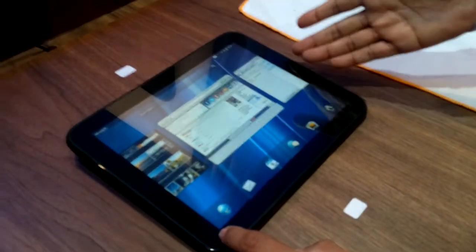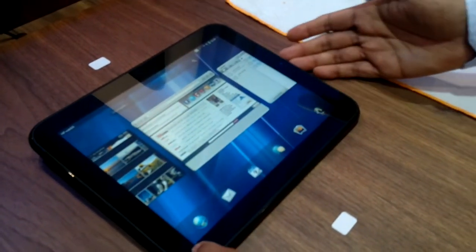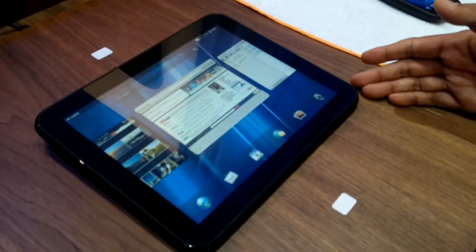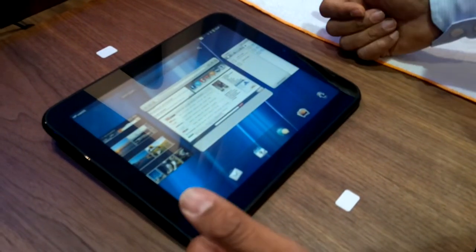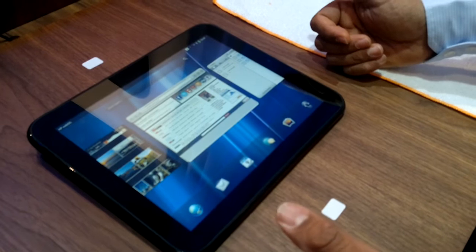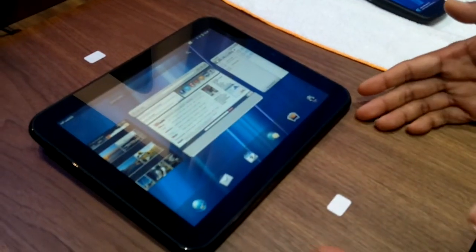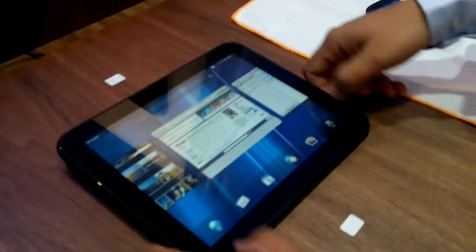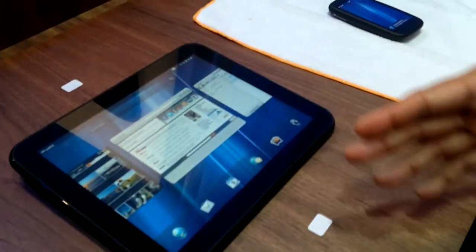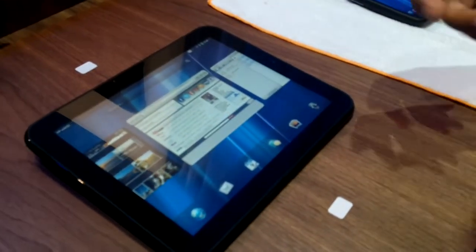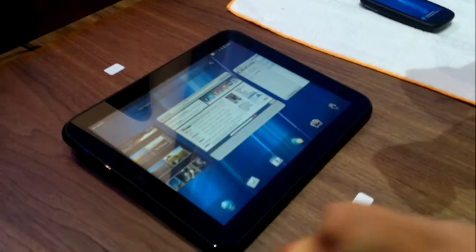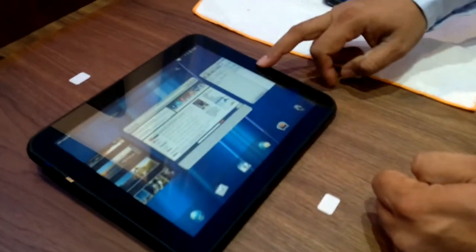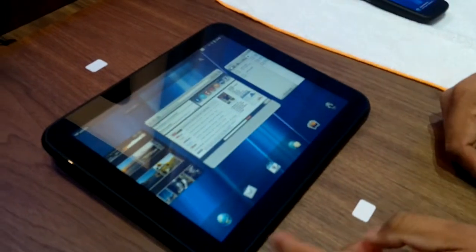1024 by 768. Like John said, this is completely power packed with a Snapdragon Qualcomm processor, 1 gig of RAM. We have done the HP Beats audio, so the dual stereo speakers right here are powered by the HP Beats audio. It's got all the sensors, accelerometer, gyroscope, great for gaming, multimedia experience. Front-facing camera for video calling, and